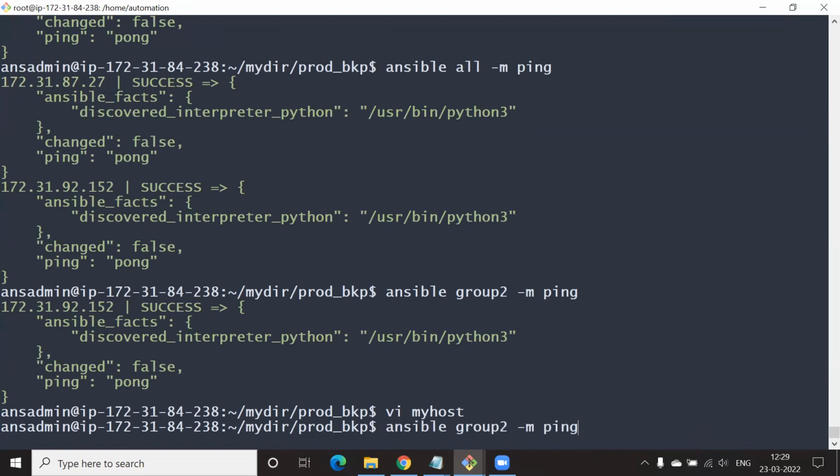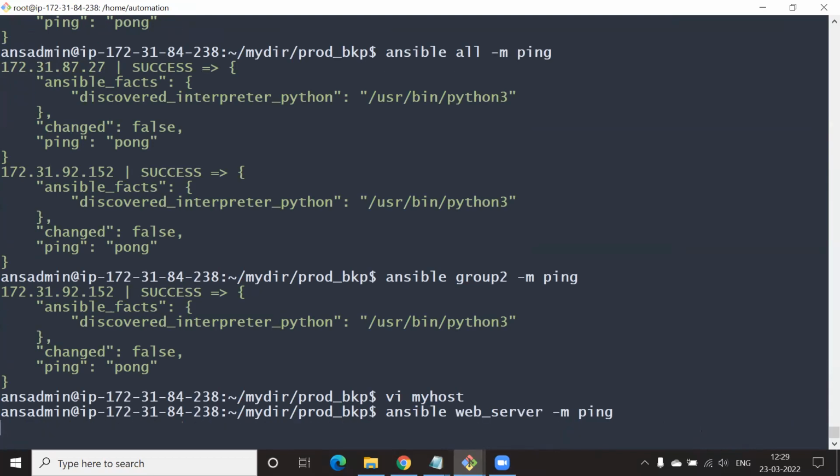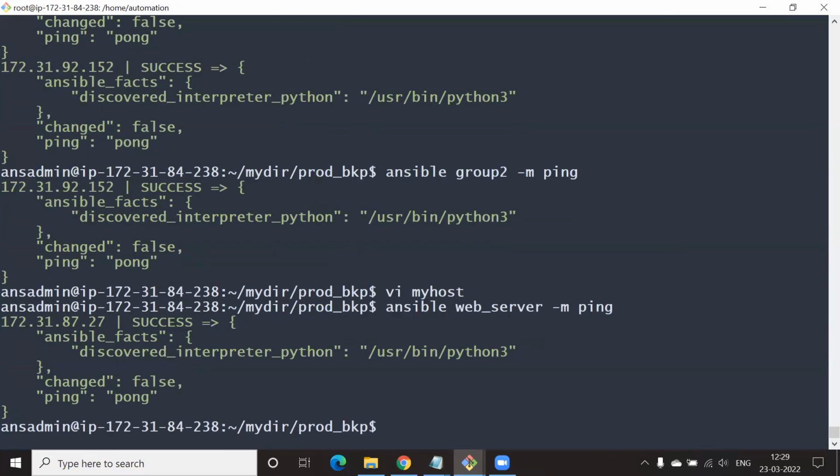Now just for the sake of discipline, ping web_servers instead of group1. I think we'll get one response here. Ideally, if you had tens of servers, all of them would be grouped under web servers. Are you catching the point, Rahul? Yes. Similarly, the DB servers also, we can run a quick test.